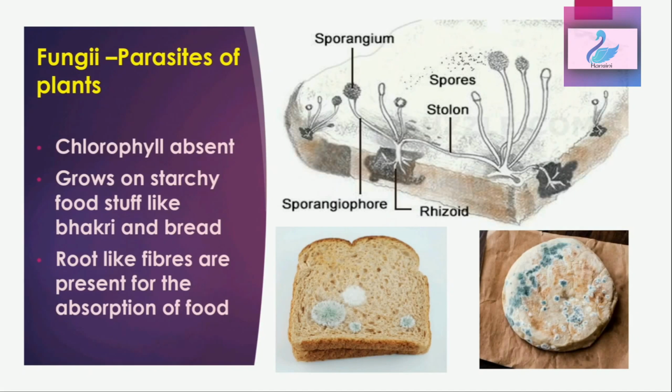So, see here, even fungus has roots. Can you tell me what these roots do? They absorb nutrients from the food, just like normal plants, which absorb water and minerals from the soil via roots. Did you notice various colors of the fungus? White, black and green. The important part of the fungus is they do not have proper roots. They have root-like fibers. That is the adaptation in fungus.